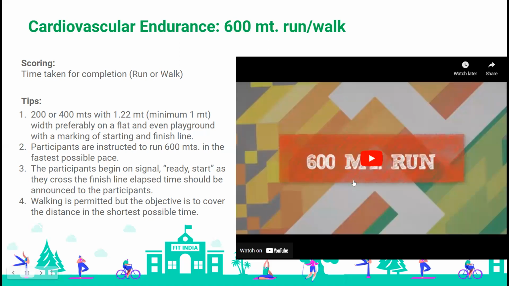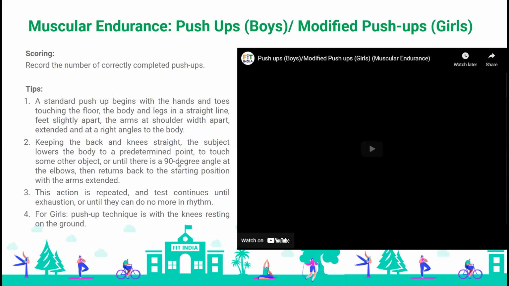So we saw how the 600 meters is to be done. The process is the same as 100 meters, and here you can have a larger number of children running at the same time. You can have 20 of them, 30 of them, it doesn't matter, because different children are going to reach at different points of time. I hope the process was clear.